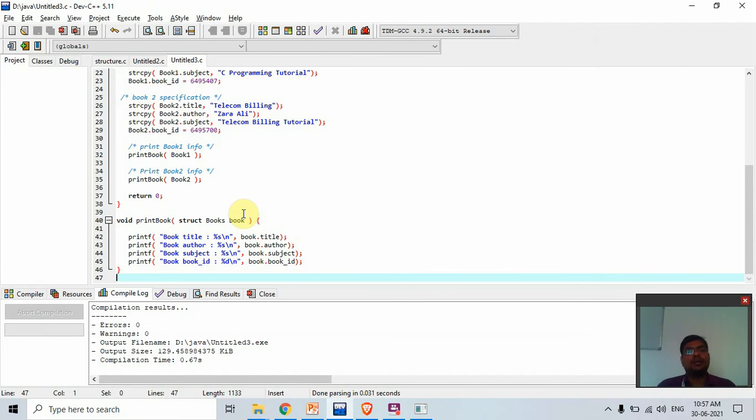Now you try many examples like that. You can create a book library, or student information. Many types of records can be created. If you want to make a record, then structure helps to create the records.